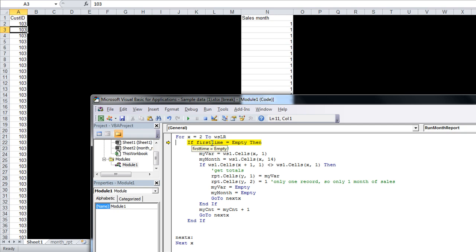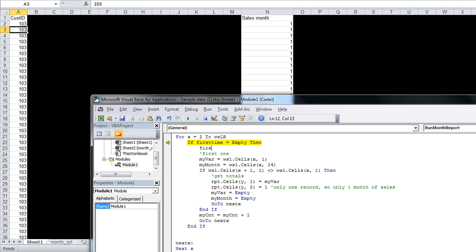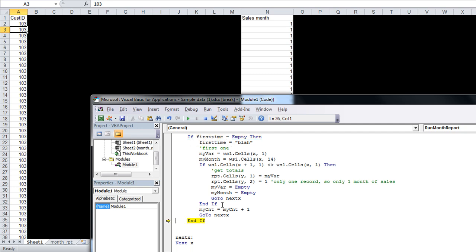So now, first time, let's see here. First time equals blah, whatever, as long as we put something in there. That's what should have happened a moment ago. So now that first time, we'll just pretend that that happened a moment ago. So now it says if first time is empty, and we see the first time is not empty anymore. So skip to here, and now we write our second portion when we have not just encountered a new customer, but once we're still on a roll, we're still on customer 103. So in that case, we're going to